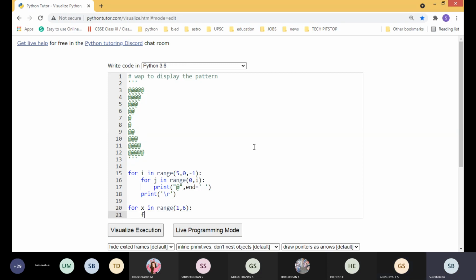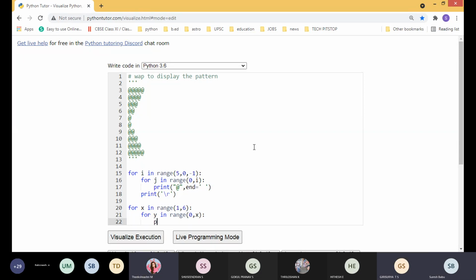Then for y in range, 0, x. 0 comma x. Very good. Then again you can print the same thing, the same at symbol.